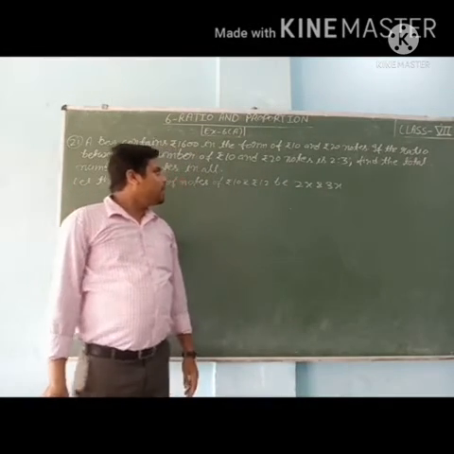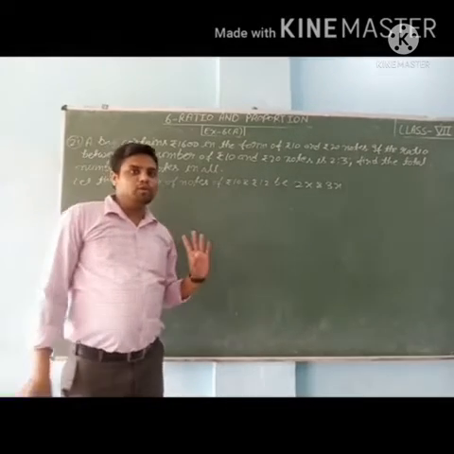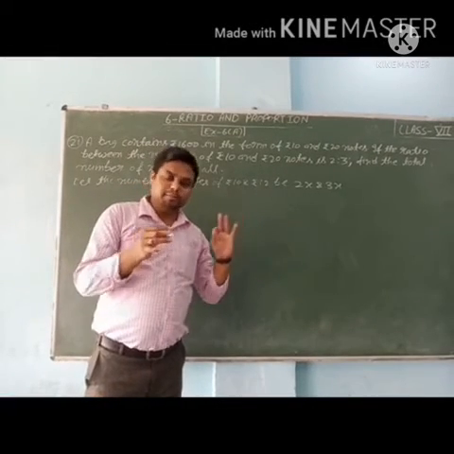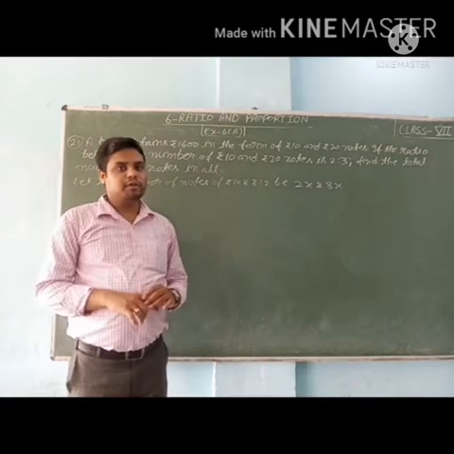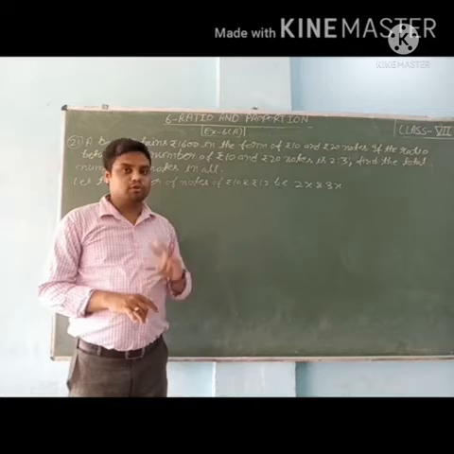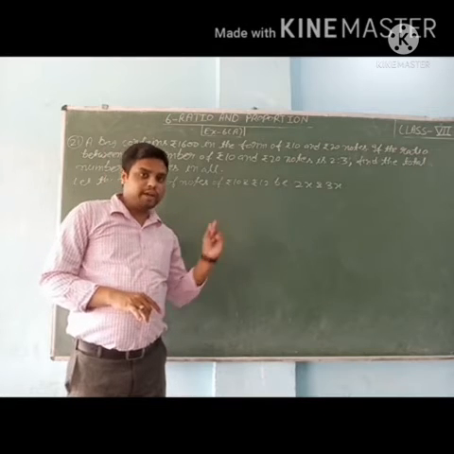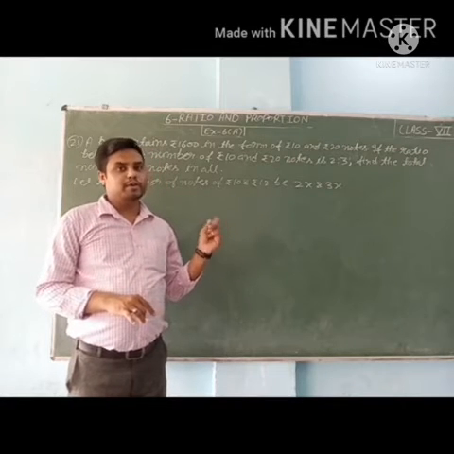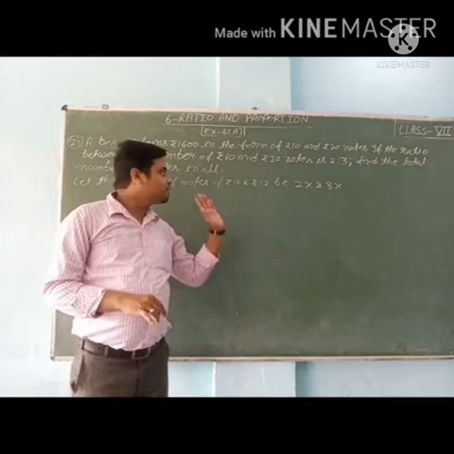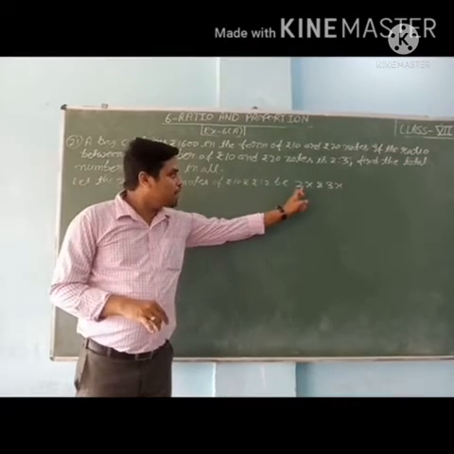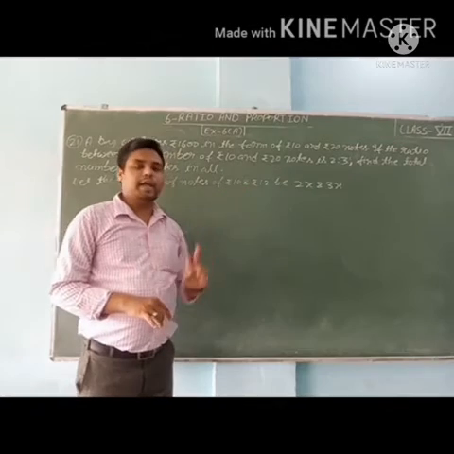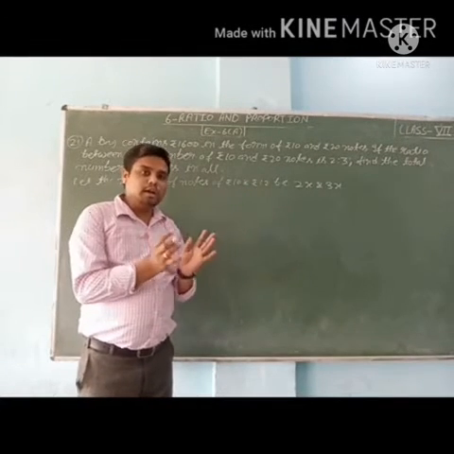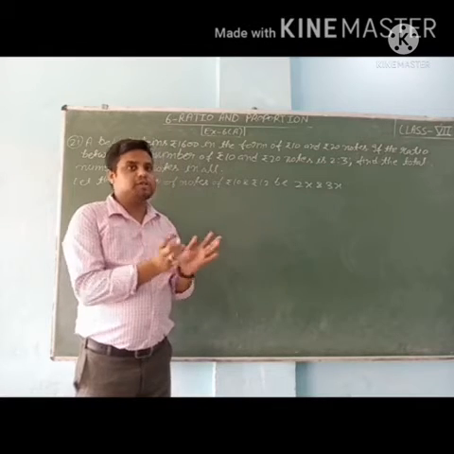So suppose there are two notes of rupees 10 in the bag, the total amount is 2 multiply 10, 20. In the same way, how many notes are in the bag? 2x notes of rupees 10. So the total amount of rupees 10 in the bag,